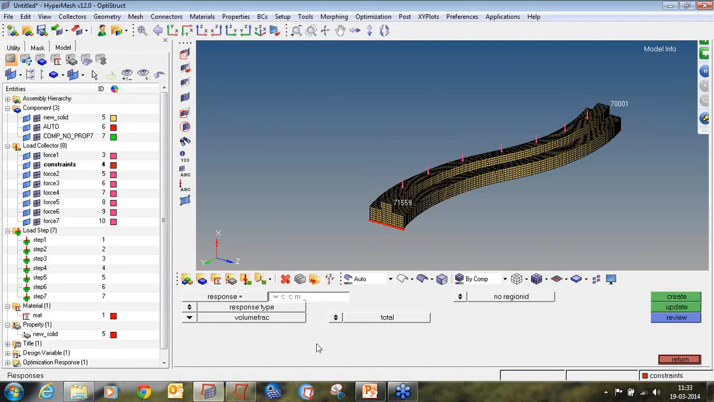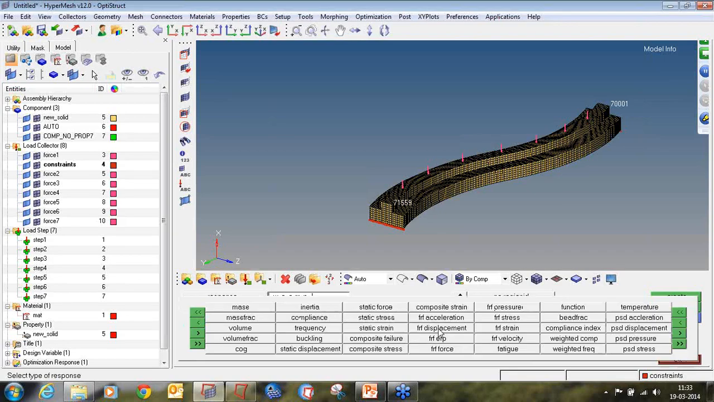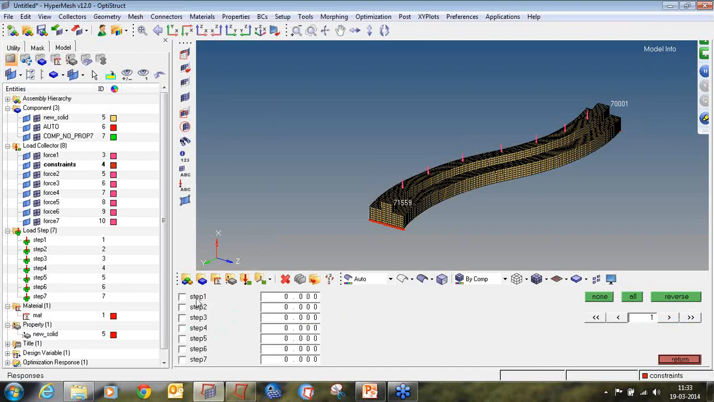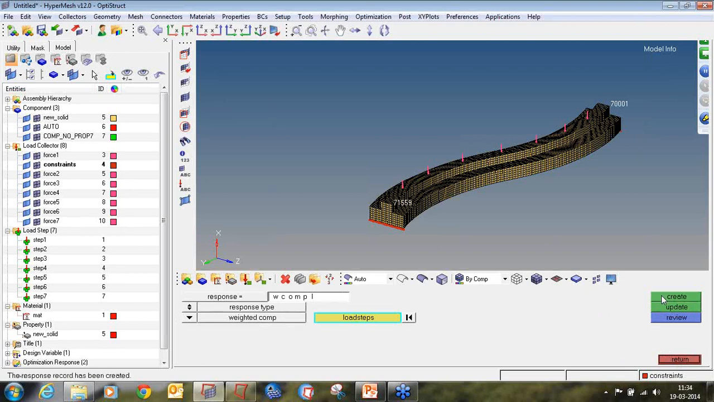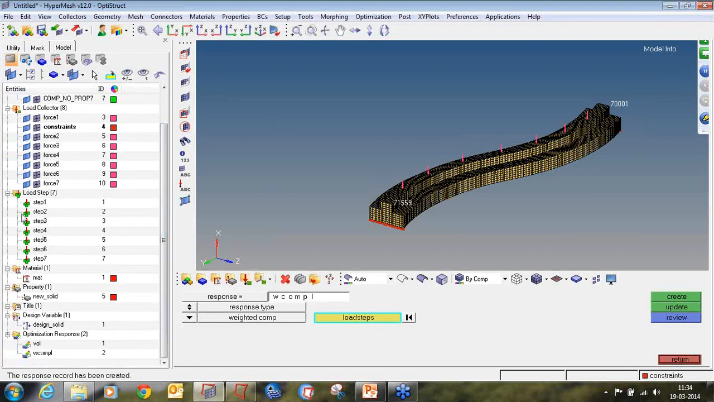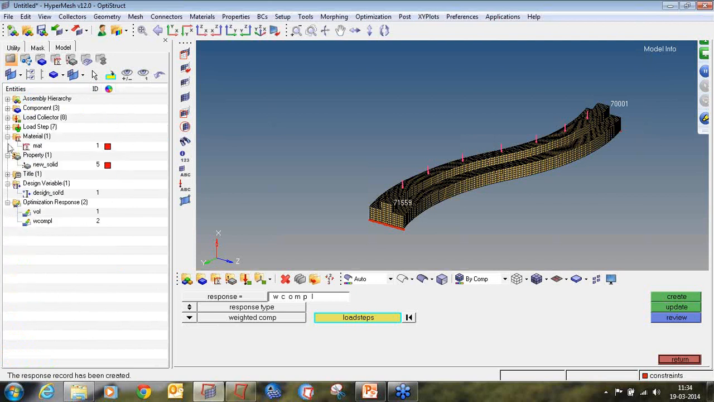Then enter the response name as weighted compliances. Select the type as weighted compliances. Click on the load step and select all the predefined load steps. Click return and click create. So my design variable and responses is now being created, as you can see on the model